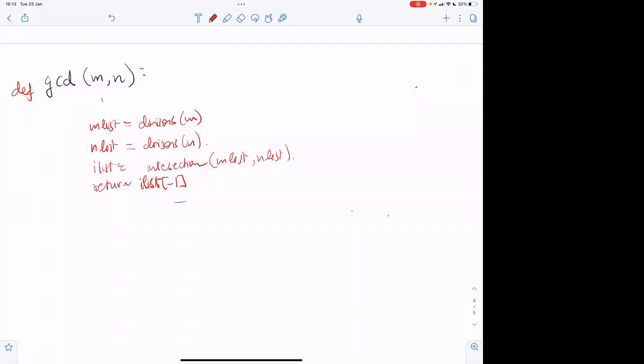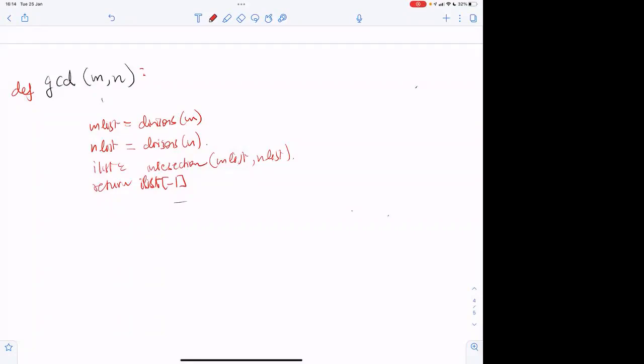If you want to optimize, there are many ways to optimize this function. Of course, many of you would know Euclid's algorithm, which does it much more efficiently. But even in this code, we are storing the numbers in increasing order of divisors, correct?